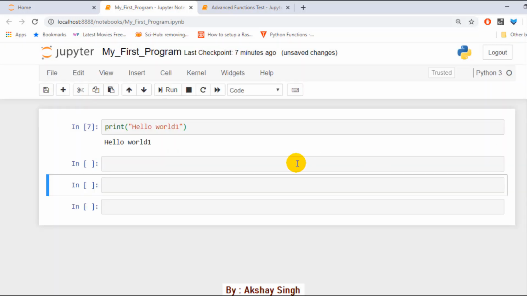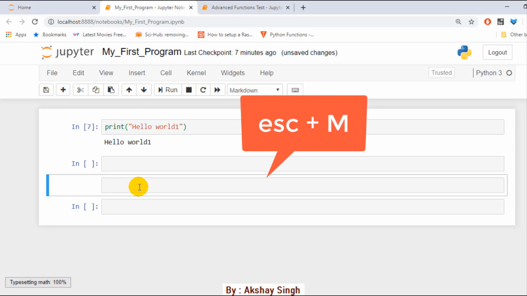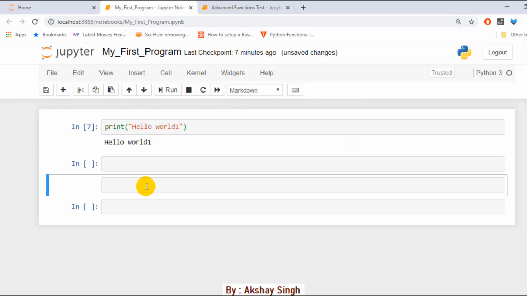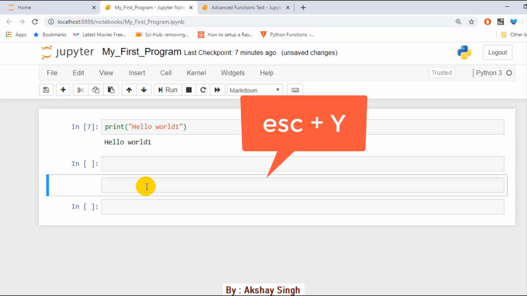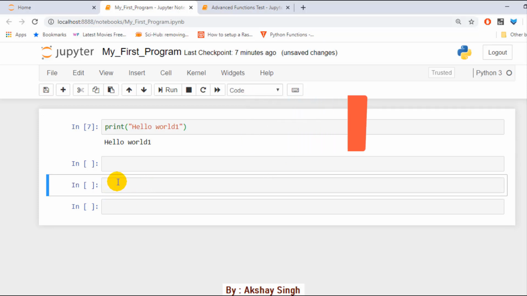Now if you just want to change this cell from code to markdown, just press Escape plus M. See, this cell has been changed to markdown. If you want to change it again into a code cell, just again press Escape and Y. See, again it gets converted to a code cell.